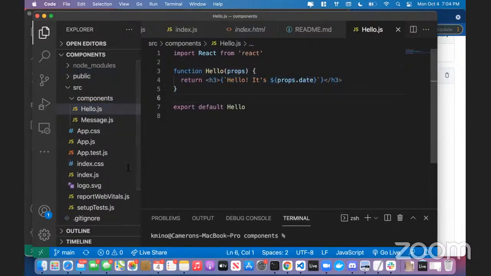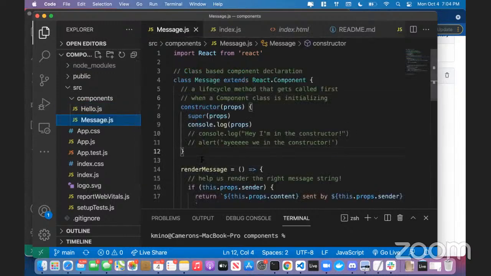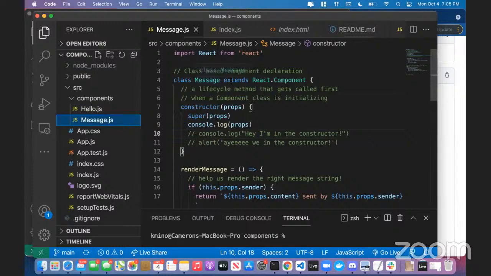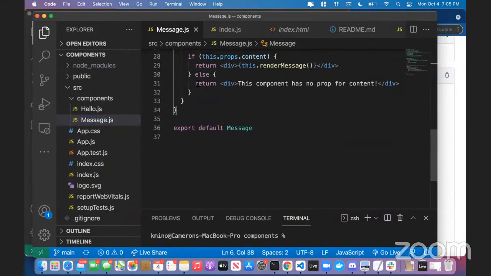But the majority of what we're going to be talking about, especially for today's class, is class-based components, which are similar in responsibility as functional components. But the difference between a functional component and a class-based component is classes are their own specific type of object in React, and functions are also their own specific type of object in JavaScript, I should say. And the unique thing about classes is what I've mentioned earlier, that classes inherit from a specific base class called React component that has a number of different functions that we can make use of